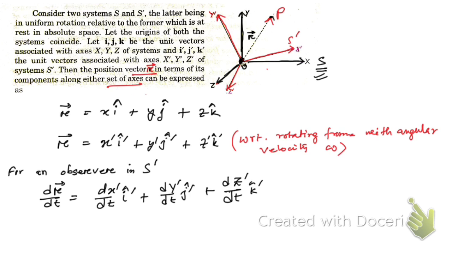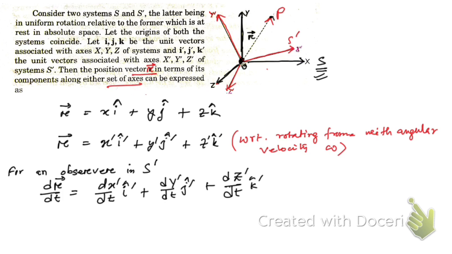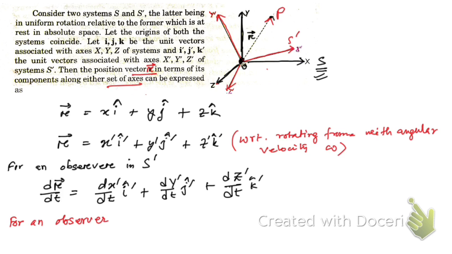So for an observer at the frame S, okay, for an observer in S, with respect to the observer in S, the frame S dash is rotating, so the time derivative of this R vector will be given by